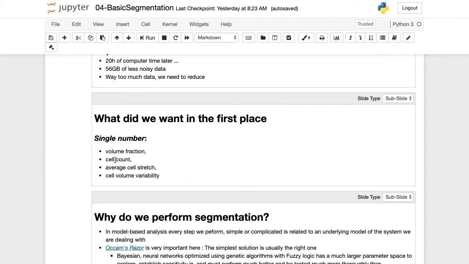And if we look at what we wanted in the first place, it was this single number. And so maybe your task doesn't seem like it collapses to a single number, but with most analyses, what you're actually trying to get is you're trying to turn an image into a number. And so that might be the volume fraction of canals in your image. That might be the number of cells that you have. That might be the average cell stretch or volume variability, or any number of other metrics that you could come up with. But really the goal you're trying to do with this is come up with a single number that